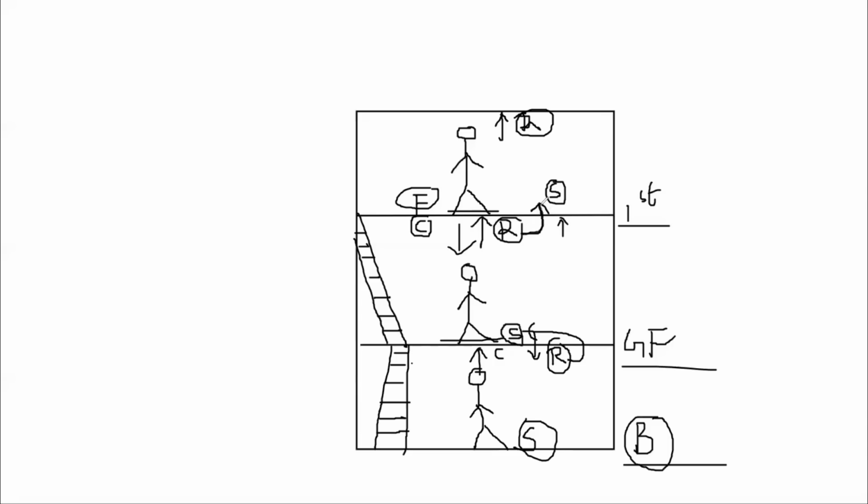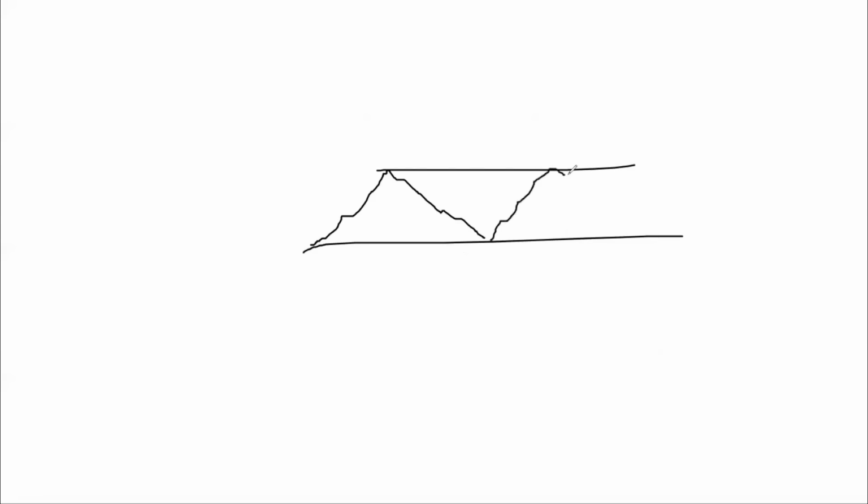Again here this resistance becomes support once you are standing above it. Same thing in trading. Okay, so that is what I just wanted to give you an understanding. For example, if this is the support, this is the resistance, then this is like a ceiling, this is a floor for you. Suppose next time when this ceiling gets broken, like how I said you came to the first floor, then this is no more a ceiling. What is this? This is going to act as a floor, right?